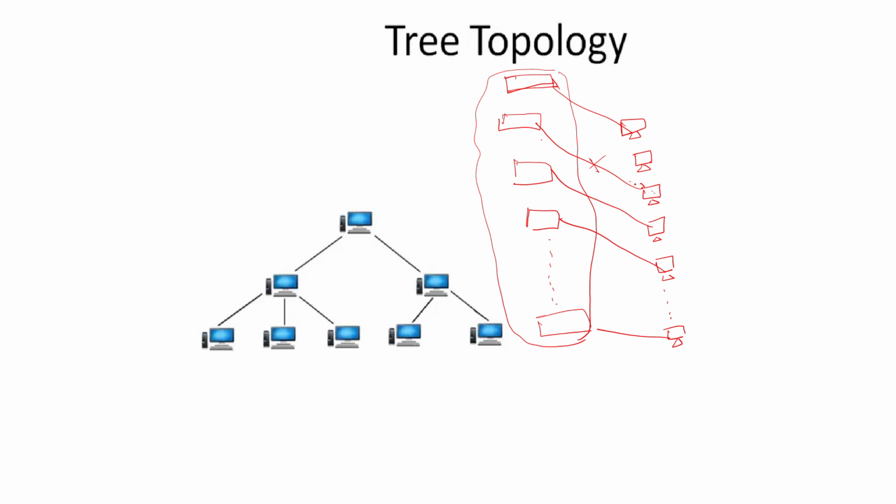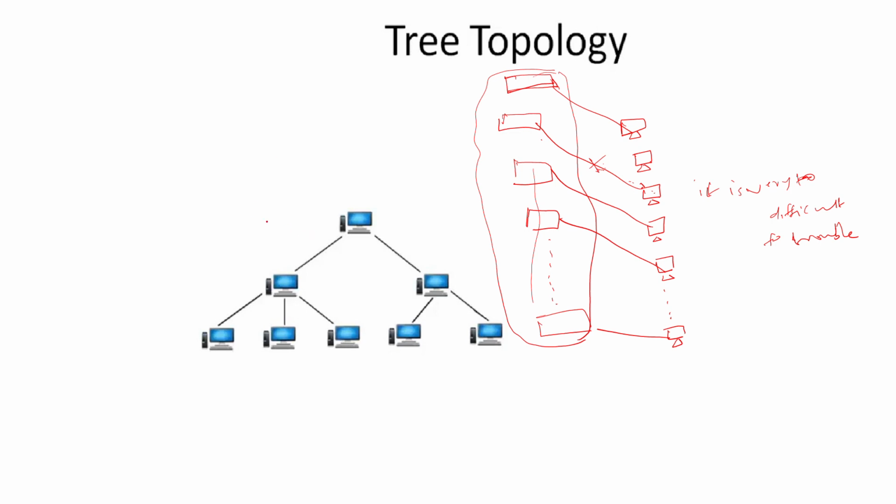So we have to identify this particular cable from 1,000 cables, right? It's very difficult to troubleshoot. If we use star topology in a larger network, it is very difficult to troubleshoot. That is the main problem. So to overcome this issue,